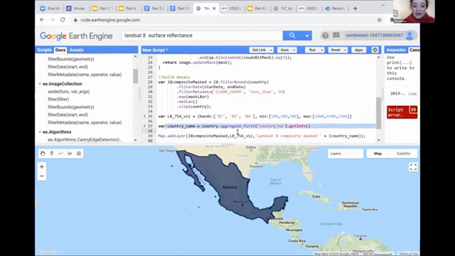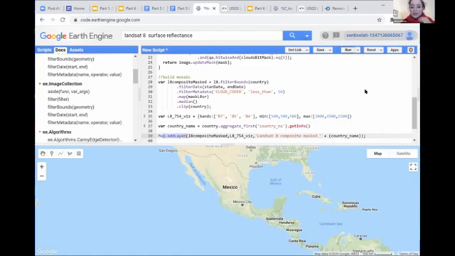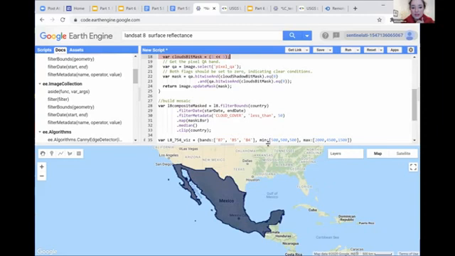This line is just creating the country name, just extracting the information from the feature collection to put in the country name. And then here we are using just the map add layer and we are going to run this. And this may take some time at first, but it's going to create our